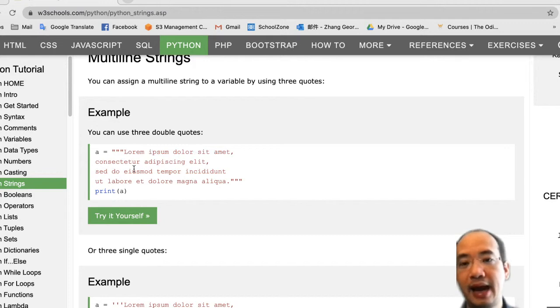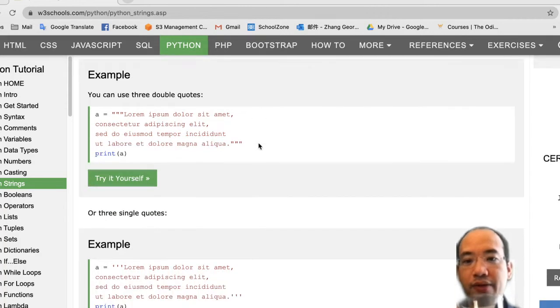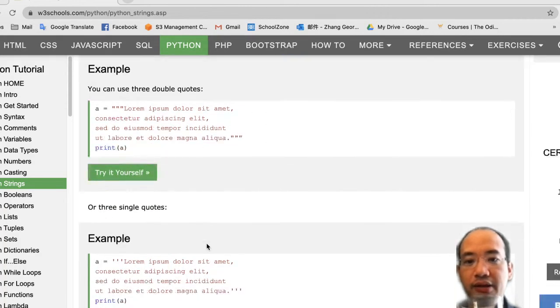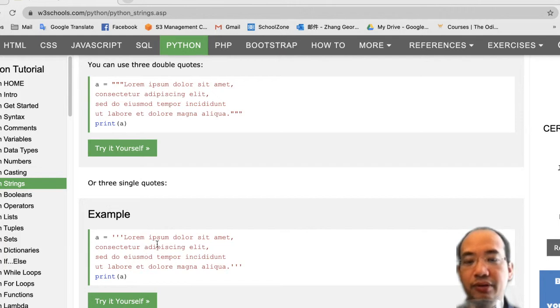How are we going to wrap that multiple-line string? We use triple quotes. Yeah, you can use triple quotes, and that's how we wrap the string in the code. Okay,